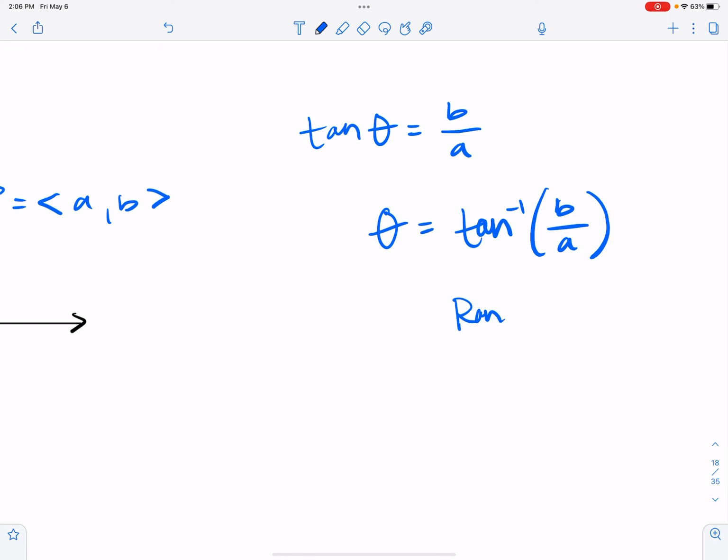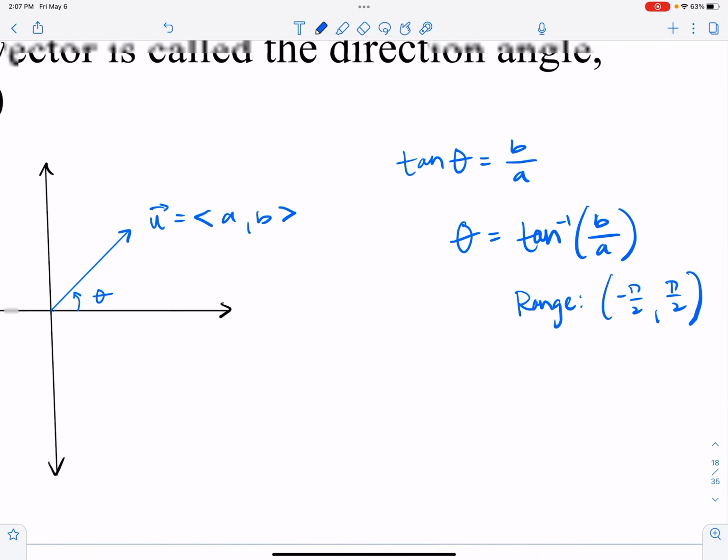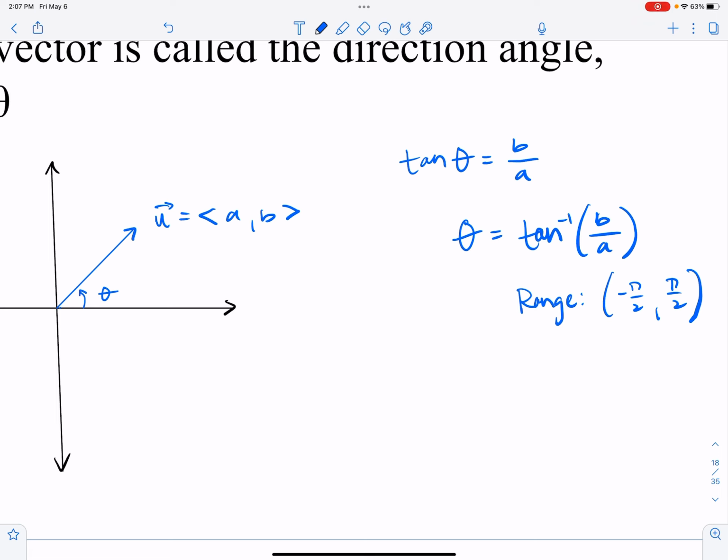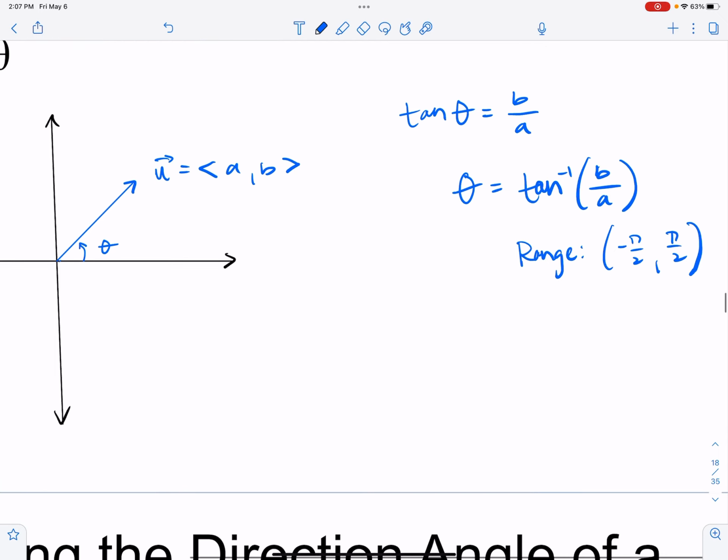The range of inverse tan being from negative pi over 2 to pi over 2, or negative 90 degrees to 90 degrees. So inverse tan of B over A doesn't necessarily represent the direction angle of the vector unless it's a vector that terminates in quadrant 1, right? Because